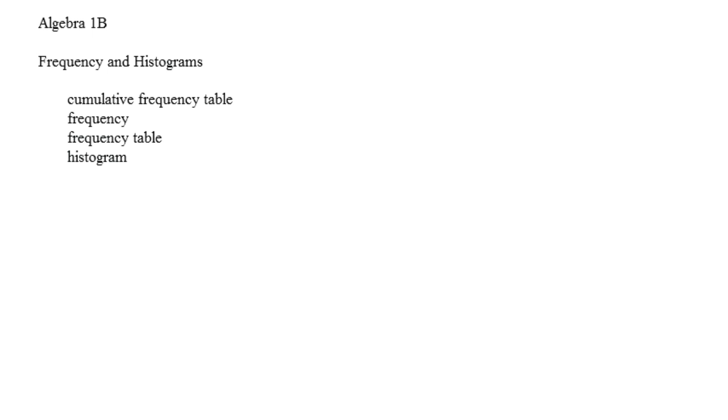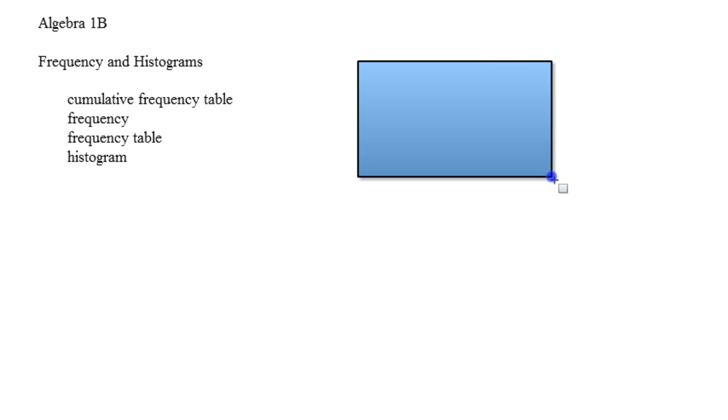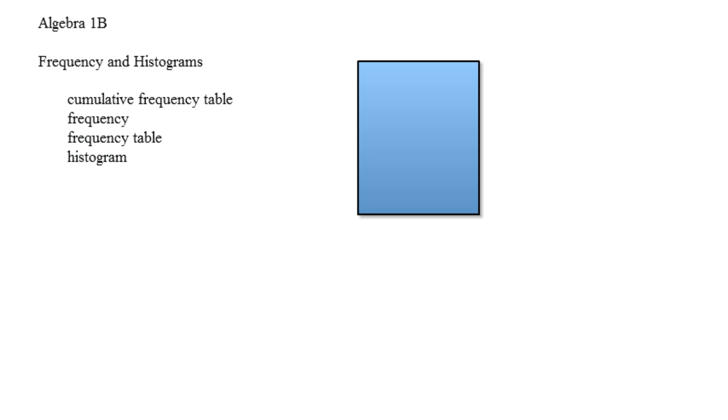Okay, now a frequency table is basically a table where you tally how much you see something, or how much you work with something, and you just record it as you go. Okay, so for example,